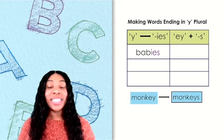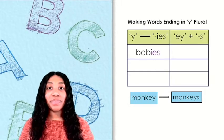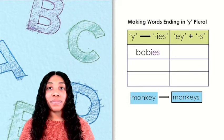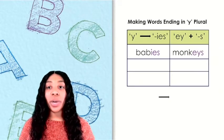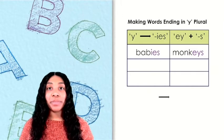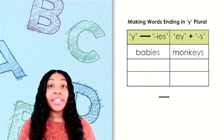Monkeys. Does monkeys have the suffix S or IES? Monkeys has the suffix S. Go ahead and write down the word monkeys on your paper. Our next word is